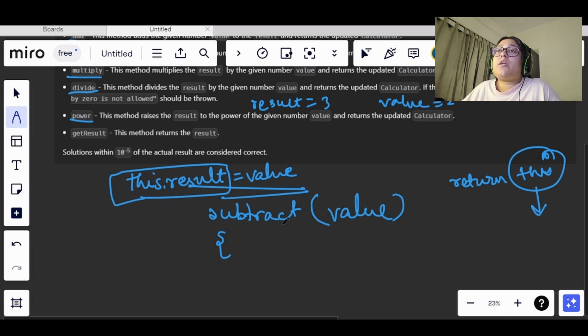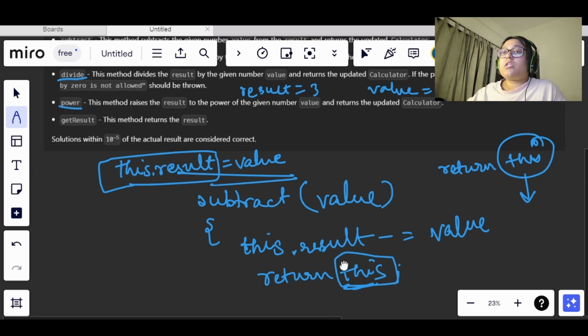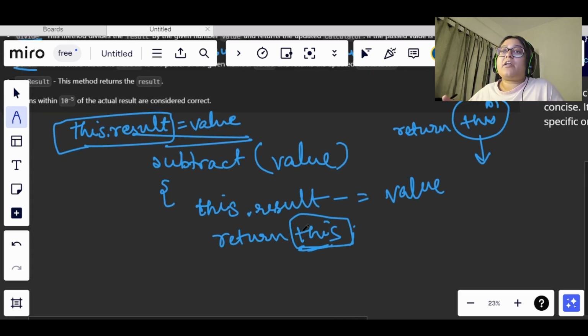So now let's say we have this.result here, and we need to subtract it. So this.result minus equals value, and we will return this. Whatever this we are returning will contain all the updated value.